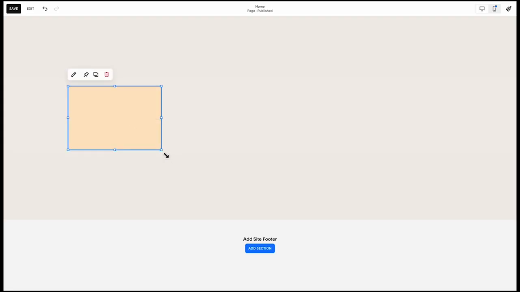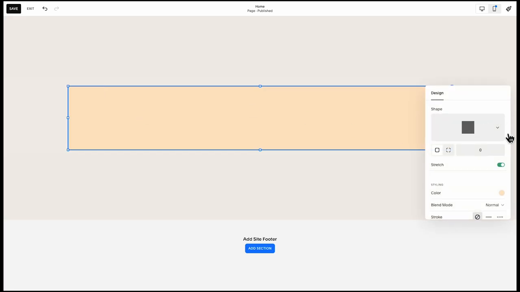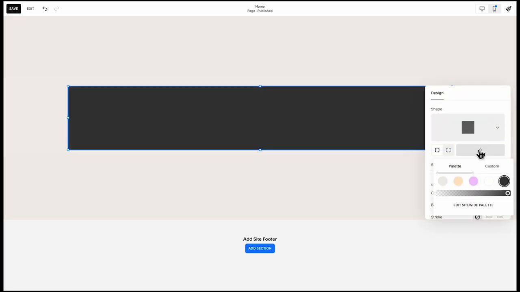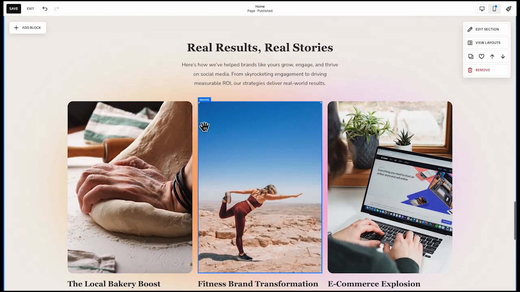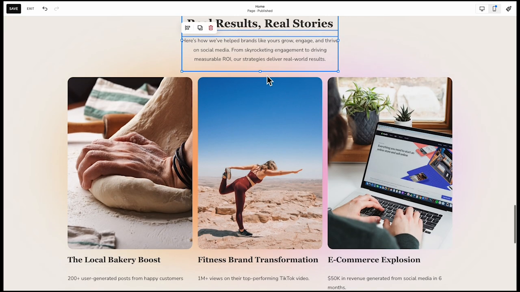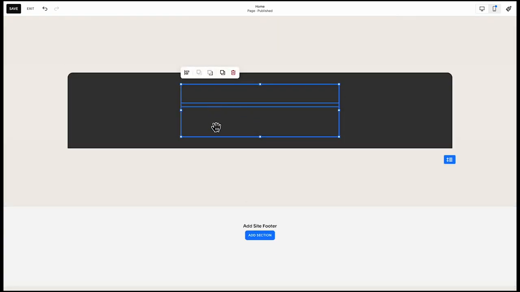So onto the pricing section here. What we're going to be doing here is, it might be a little bit more complicated, this section, but I think it works out really well. So we're just going to grab our shape here, and then just at the top left and right corner radiuses there. So we're going to leave the bottom ones 0, and then we're just going to copy and paste our heading